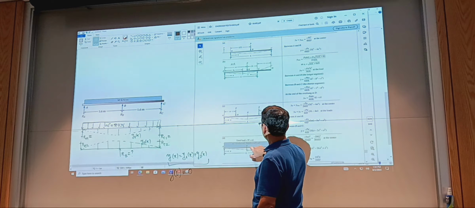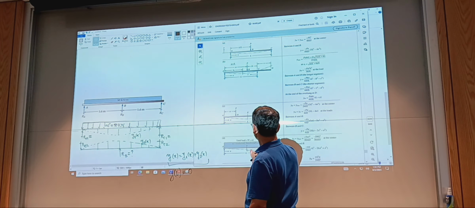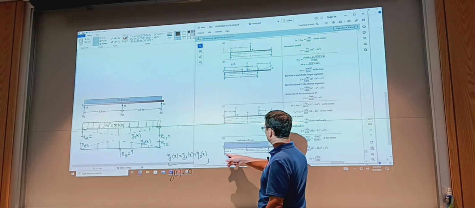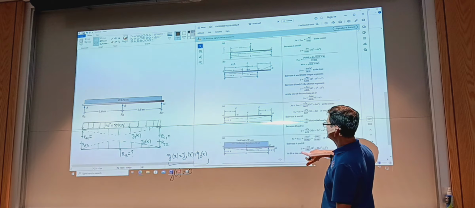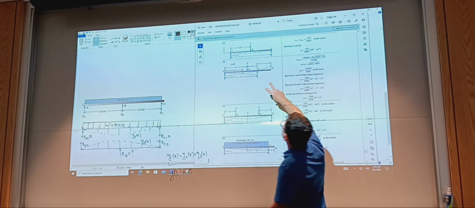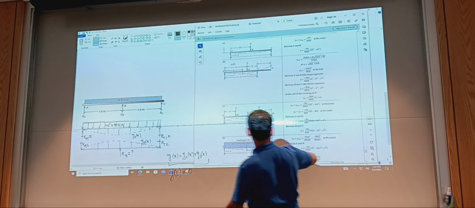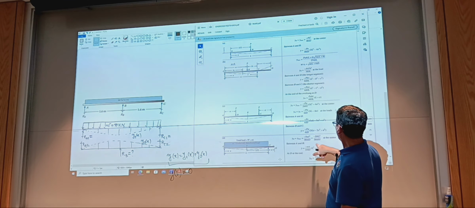The uniformly distributed load case is this one. Of course, L is the full length, not just half the length, and we're at the middle, so both cases have maximum deflection at the middle. So it's a simplifying case. So y at B